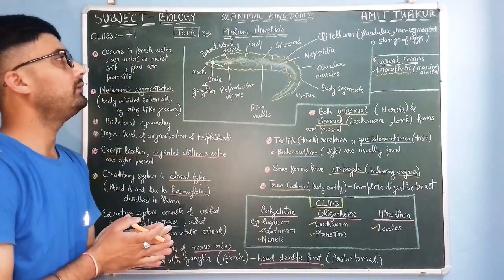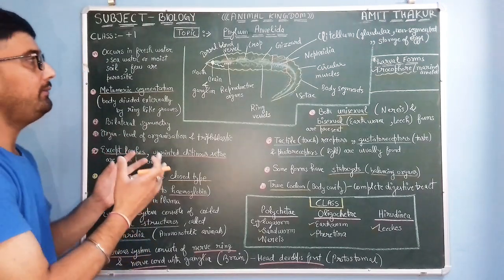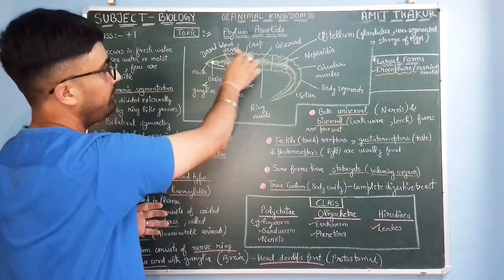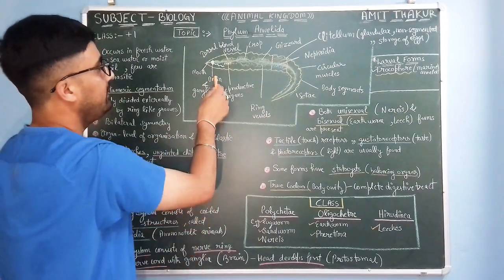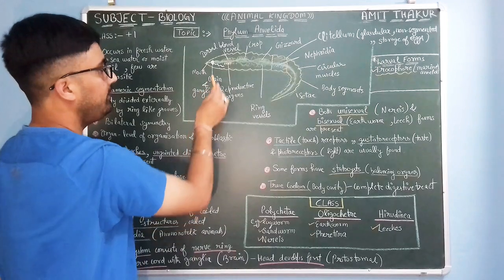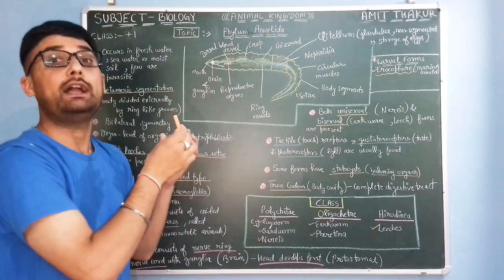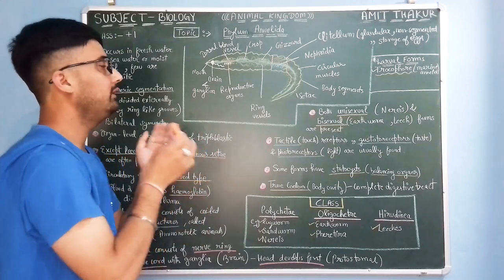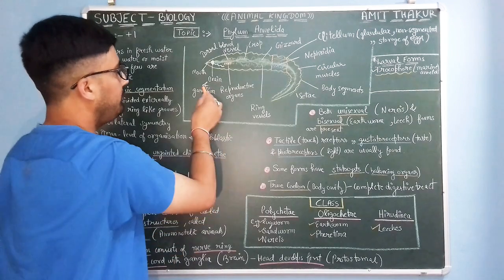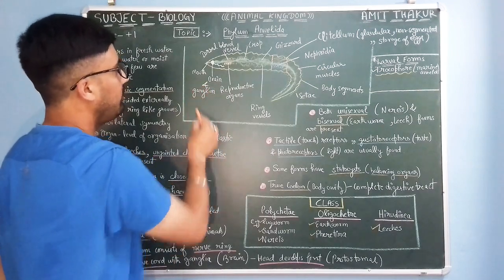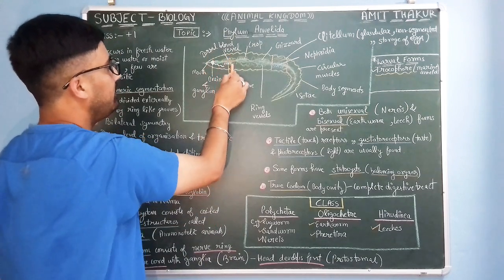Today our topic is phylum Annelida. So let's discuss phylum Annelida. This is the structure of a typical earthworm. Here you can see a brain with a network of nerves with ganglion. Actually, ganglion is an aggregation of nerves. So, brain with ganglion. Okay, there is a mouth, dorsal blood vessels.